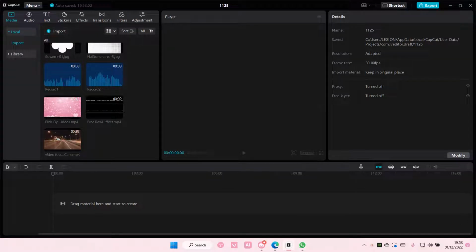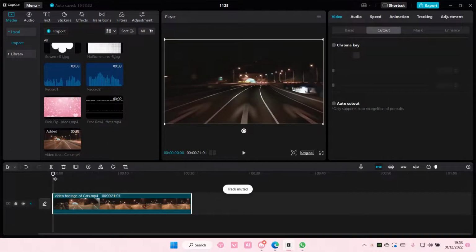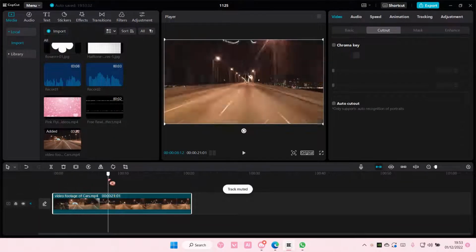In this video I'll be showing you guys how you can create this rewind video edit on CapCut PC. So you'll need the rewind video overlay. You can find that on YouTube or on TikTok. There's a lot. Just search rewind overlay, and you also need just like a normal video. I just have this video of driving like a car,